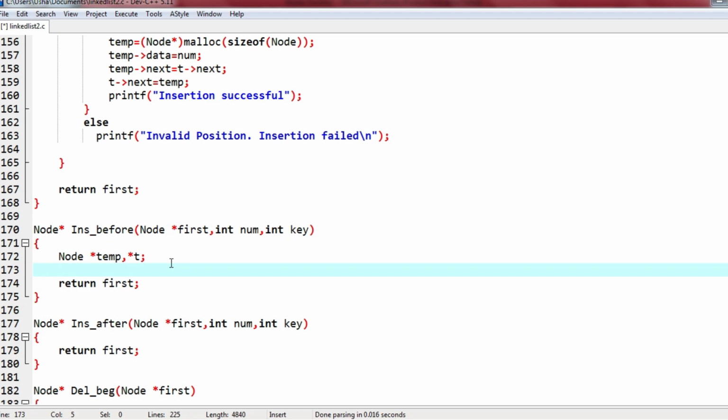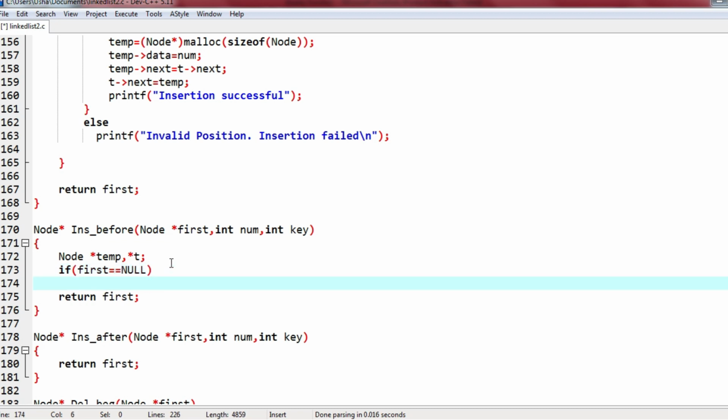Now I will first check if first is equal to null, means if the list is empty. If the list is empty, then how can I search for a given element and add it before that? Not possible, right? So I will mention list is empty, key element not present.